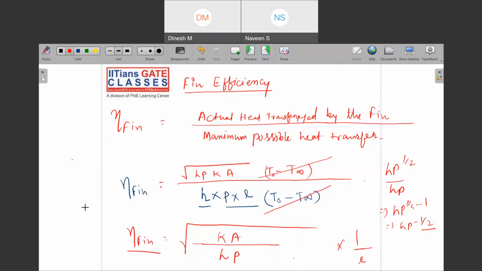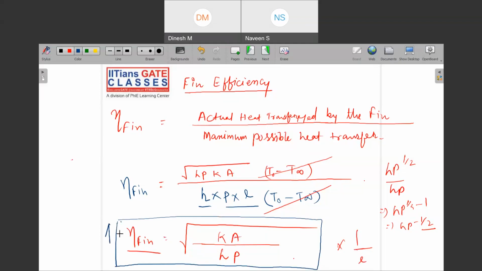What is it that I am willing to analyze? I am willing to analyze what the effective efficiency of the fin is dependent upon. What is the thing on which this efficiency is dependent? So can you see my efficiency is dependent upon Ka and Hp. So can you see that in order to have higher efficiency, my K value should be higher?